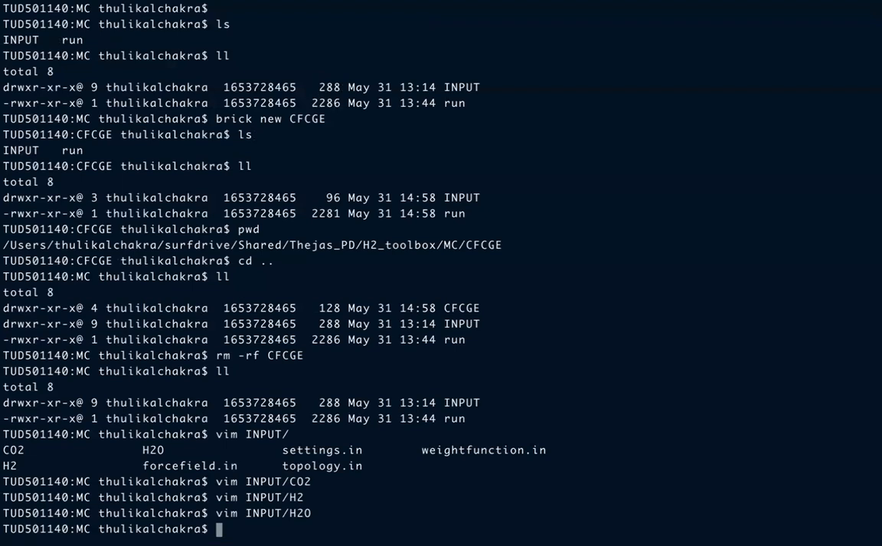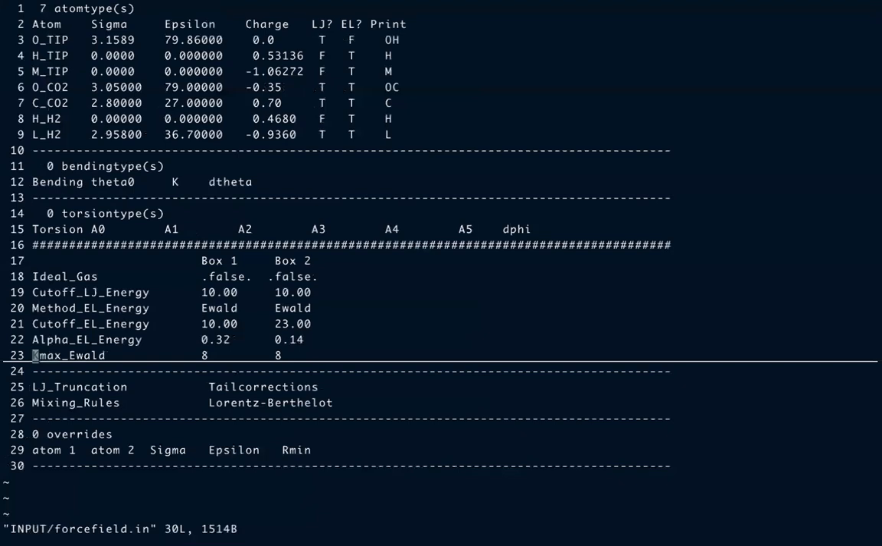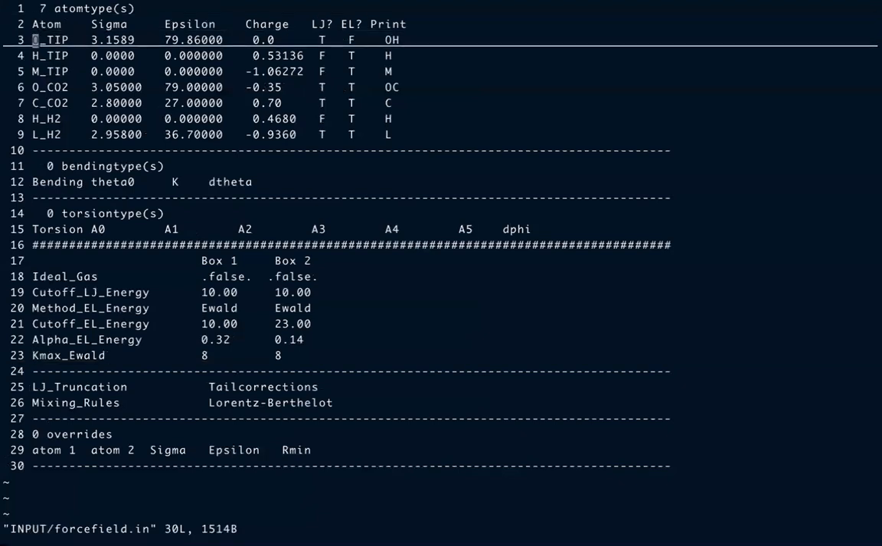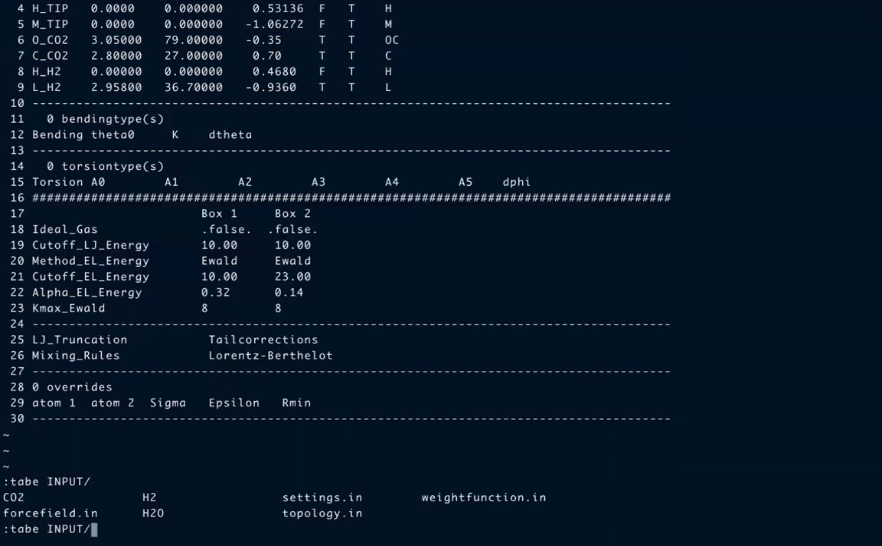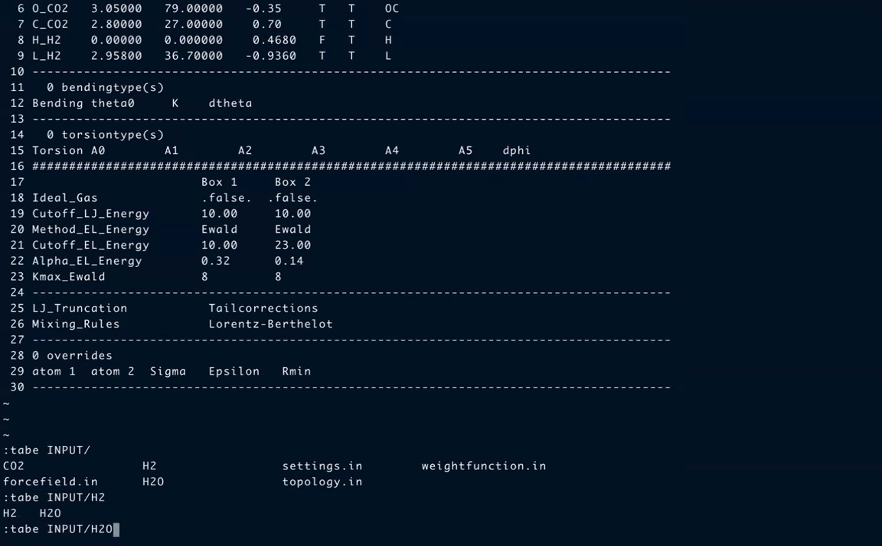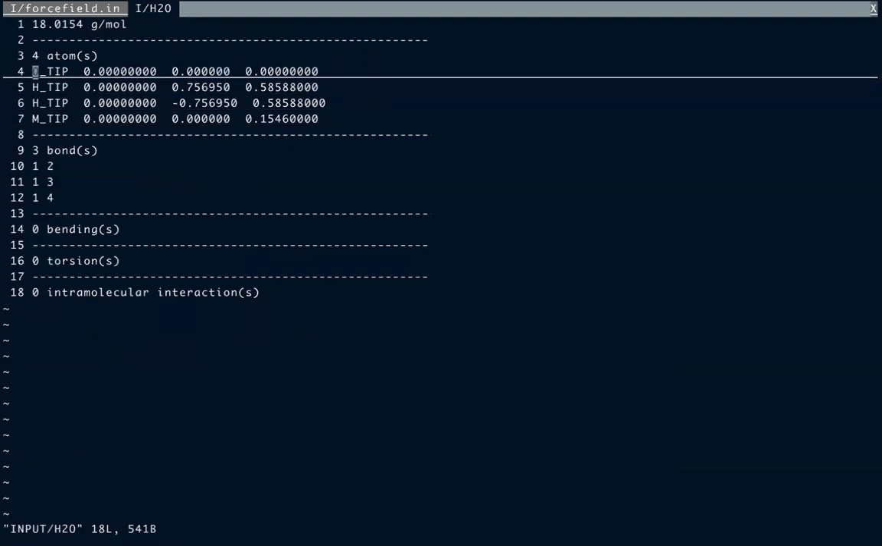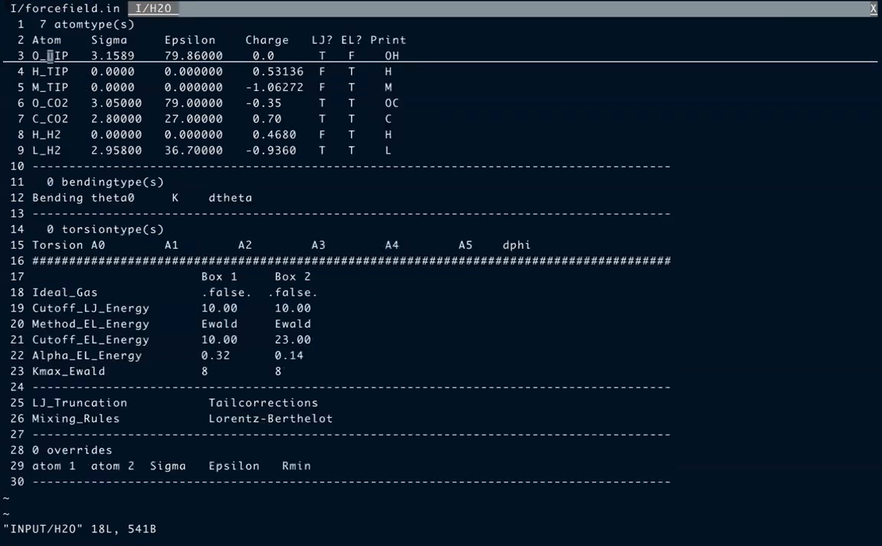Fine. Once we set up all the input files for the different geometries, the next step is to specify the force field. So now you have to describe how the atoms interact with each other. You have firstly the oxygen from the water. Remember that when you specify the force fields, you have to preserve the notation that you have used for all the atoms. So for example, here in the input file for water, you say oxygen tip, and you have to use the exact same